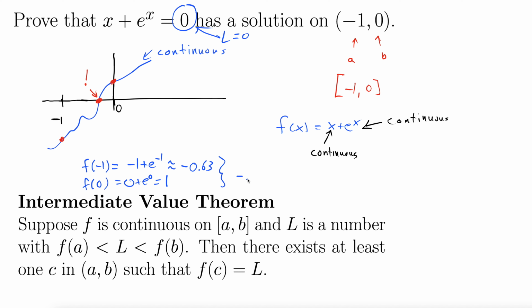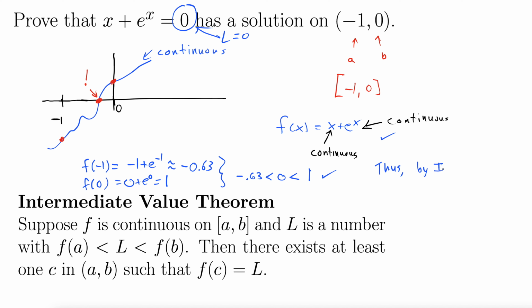And notice that indeed L, which is 0, is between these. So -0.63 is less than 0, strictly less than. These have to be strictly less than. You don't want to be bumping up right on the endpoints. The theorem doesn't necessarily hold there. So -0.63 less than 0 less than 1. Okay, so we've proven that the function is continuous. Check. We've proven that L is between those points. So then we can say thus,